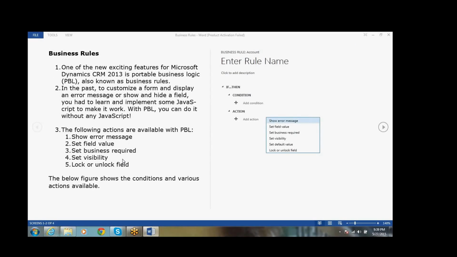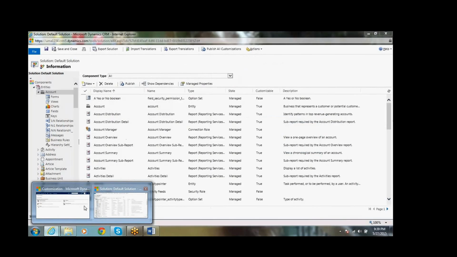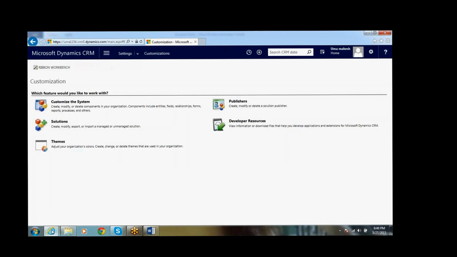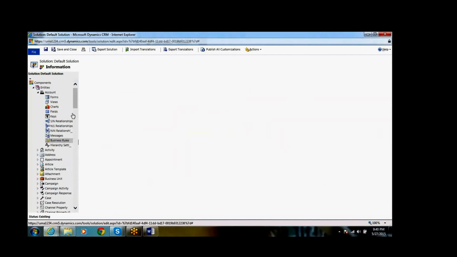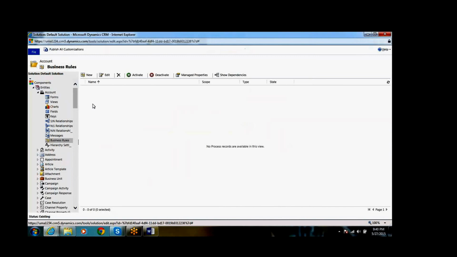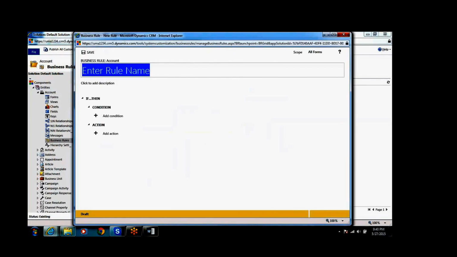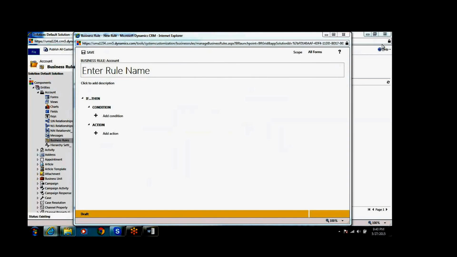Now let's see in the system how we can create business rules. Go to customizations, click on the entity, and click on business rules. Click on new, and it will open the business rules form.